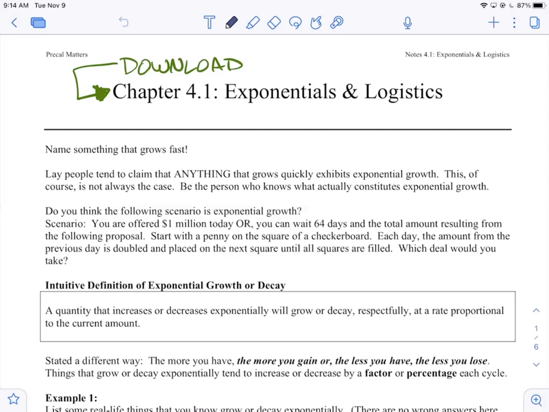We have another way to think about it. Anything that increases or decreases by a constant percentage, do your math homework, is exponential. And then also anything that increases or decreases by a constant scale factor would also be exponential. Because they're really the same thing, aren't they? If something increases by 5%, all you have to do to get the amount is multiply by what scale factor? If I have a $1 bill and I'm earning 5% interest, I got to multiply my 1 by what to get my new amount?